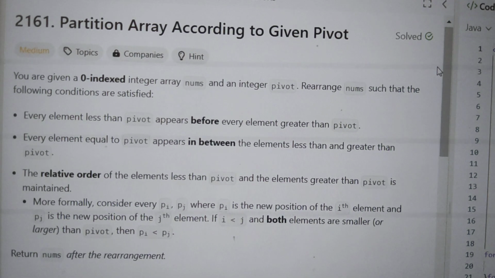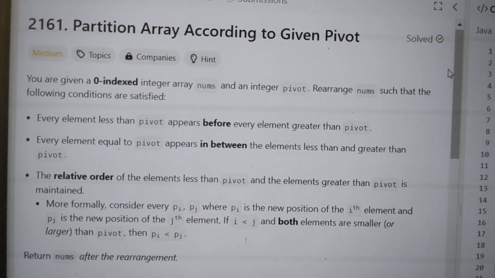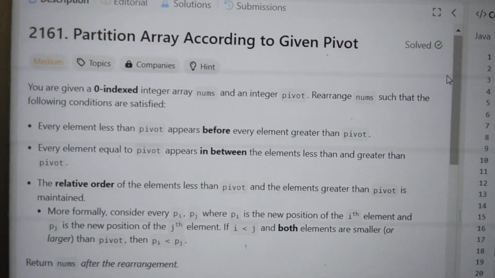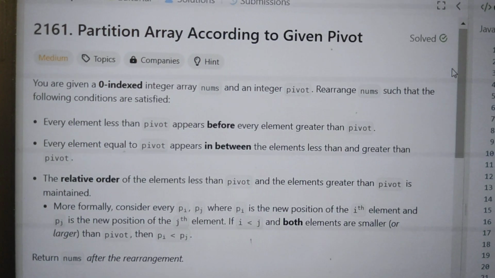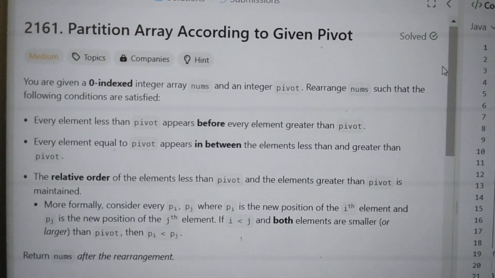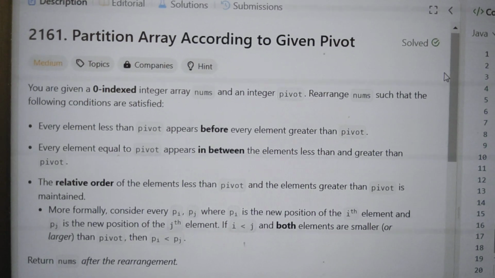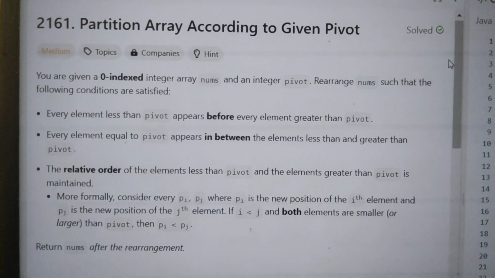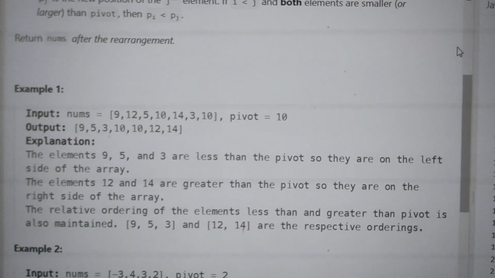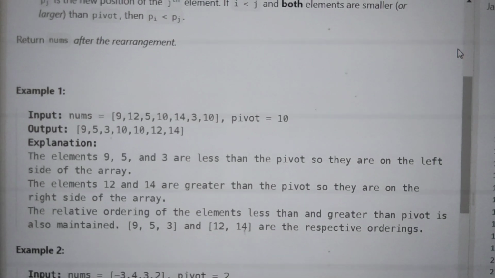Okay, so today's problem of the day of LeetCode is Partition Array According to Given Pivot. This is a medium level question, and in this we have to partition an array based on the given pivot. For example, we can see that the array nums is given and the pivot is given